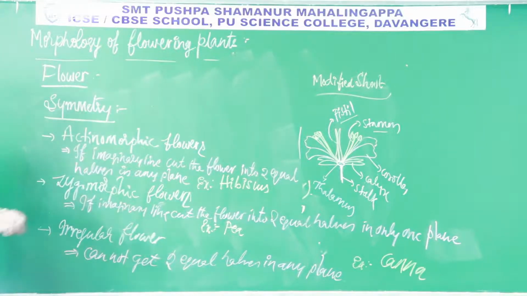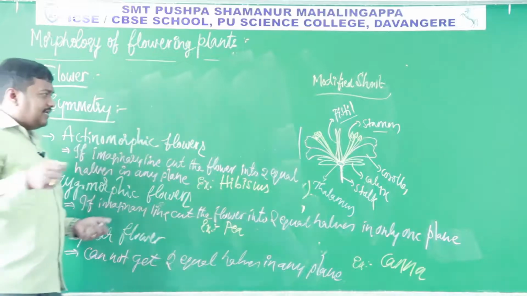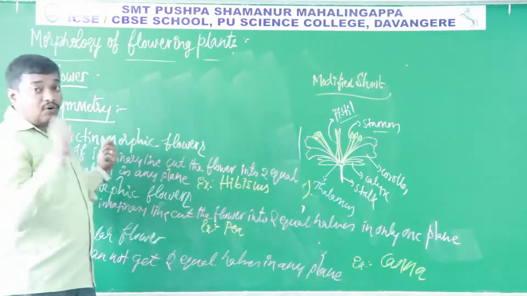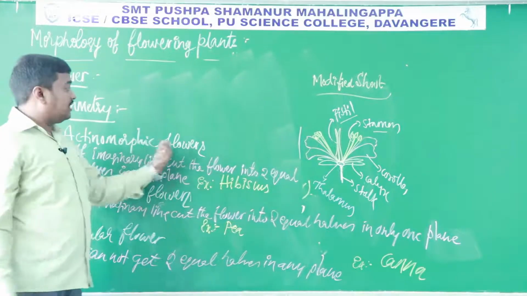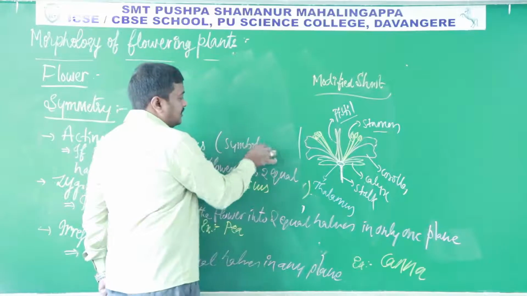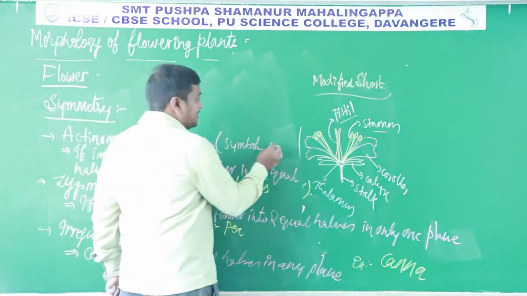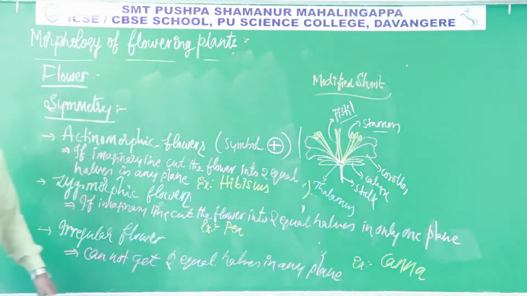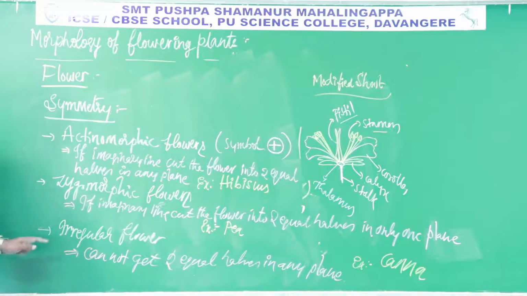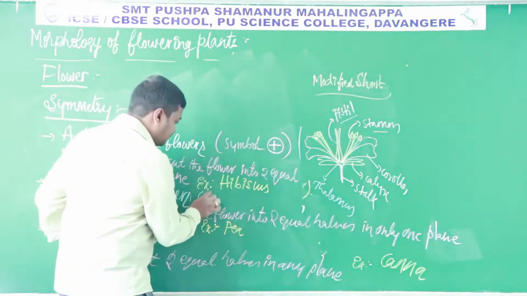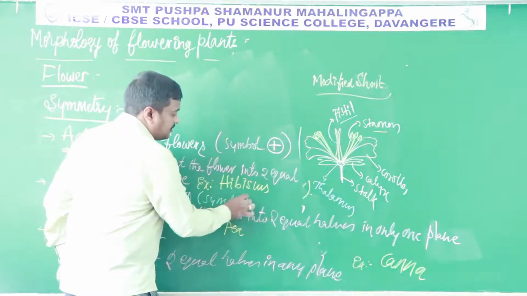Okay. So for the actinomorphic flower, in the future class you will come to know there is a thing called the floral formula. In that floral formula we can define this actinomorphic flower by a symbol. We use a symbol for it. So for an actinomorphic flower, the symbol is a circle which contains a plus mark, which indicates an actinomorphic flower. And for a zygomorphic flower, the symbol is